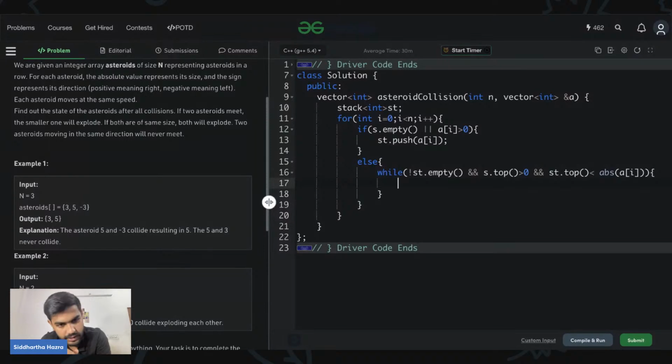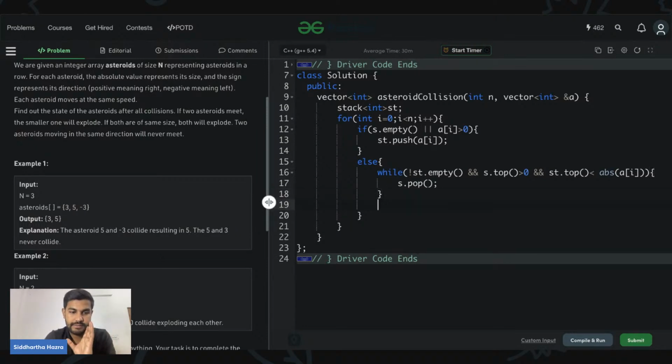Then suppose the last element is a right hand side element, and this is the big negative element. If this is the scenario, then this would disappear. So to remove the last element, st dot pop is there. After all this is done,